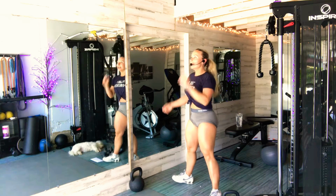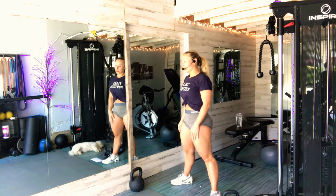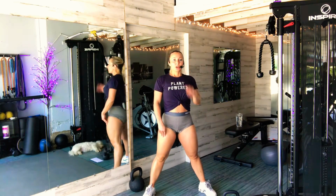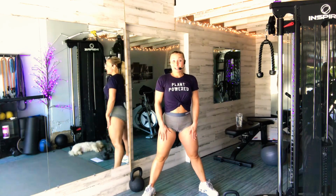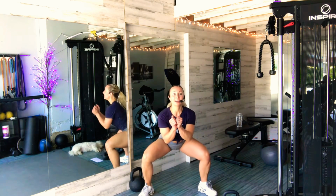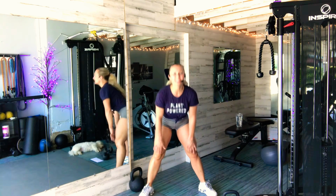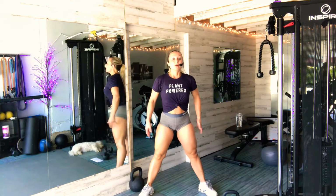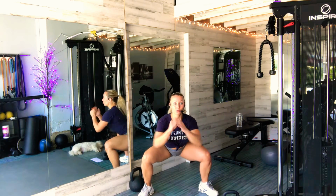Other things for the squats. If you're new and not familiar, form is so important. So during those squats, always make sure your knees are pointed in the same direction as your pinky toes. So what I mean by that is, as you come down, your knees aren't in. Okay, so no one stands up like this. That puts a lot of pressure on the inside of your knee. All bad. So in order to make sure all the muscles are working, we want those knees directly over our